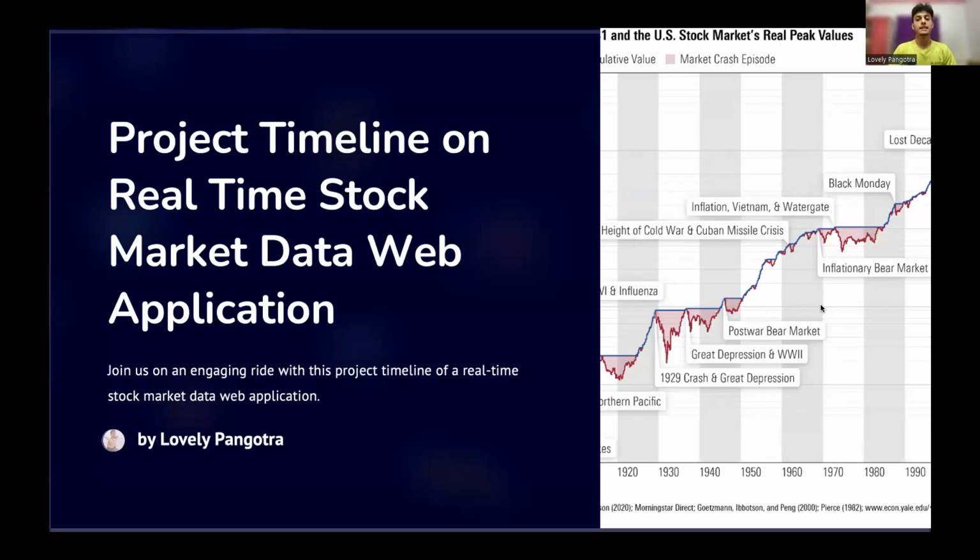So, good evening, everyone. I'll be starting out with my project, which is a real-time stock market data web application. And the task that I've been allotted is to create a project timeline. So, first of all, let me walk you through a scenario in which an individual or a group of individuals asked one particular team to complete a project. So the task manager of that team decided to just give the whole project away to a group and let them figure out on their own what they needed to do. And all he gave was a deadline, and he left all the rest of the things that needed to be done to the teammates.